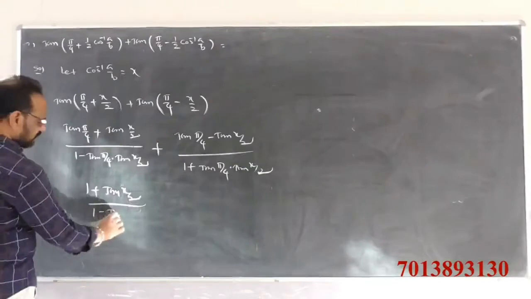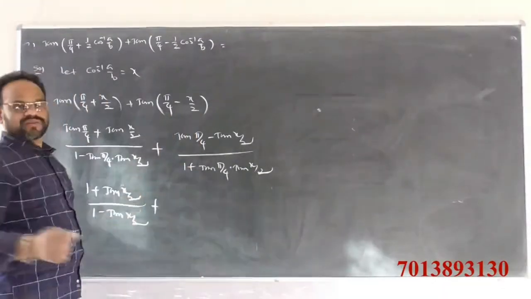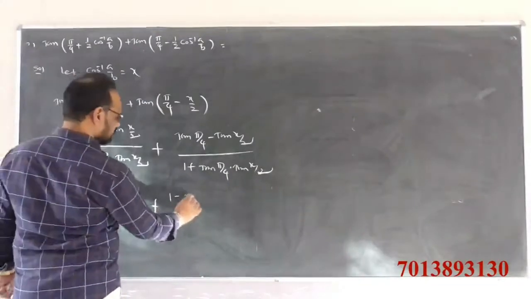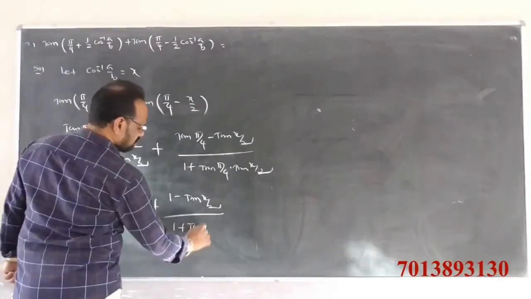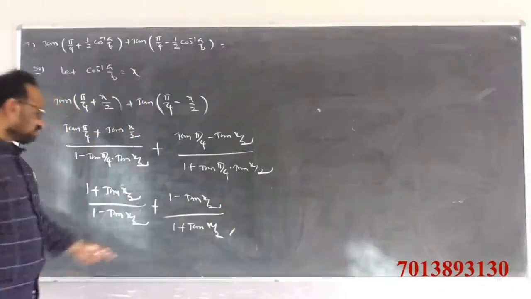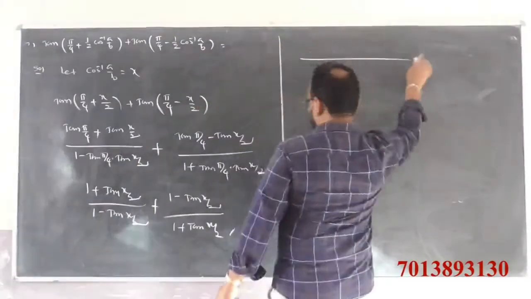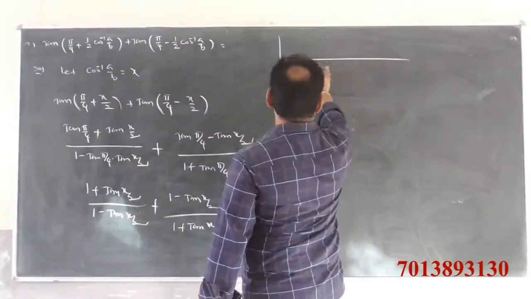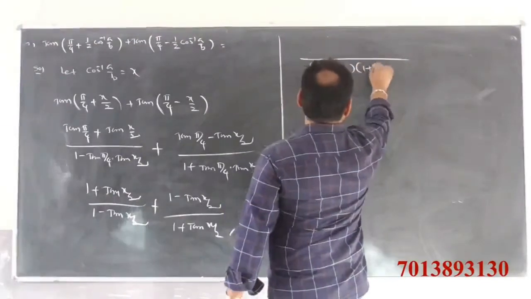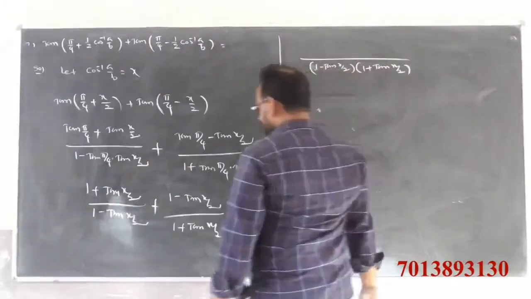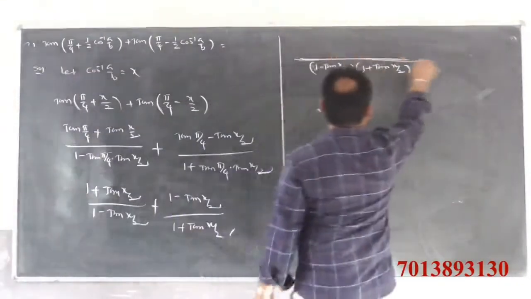So 1 minus tan x by 2 plus, here we get tan pi by 4, value tan 45 is 1. So 1 minus tan x by 2 by 1 plus tan x by 2. Here clearly, what is the LCM here? LCM is clearly 1 minus tan x by 2 into 1 plus tan x by 2. So if you do cross multiplication, 1 plus tan x by 2 into 1 plus tan x by 2, we